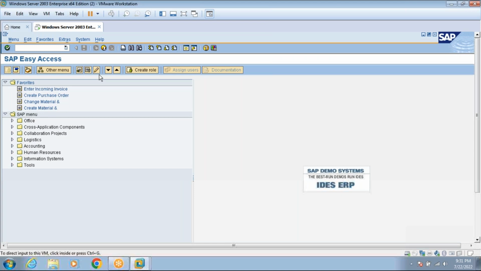Assign company code to company is taken care of by the FICO consultant in real time. And then the second is assign plant to company code. That is the integration between FI, FICO, and MM, because both people are involved. The plant is created by the MM consultant and the company code is created by the FICO consultant. So it is an integration part between the FI and MM consultants. We both need to sit together to do the assignment in real time.